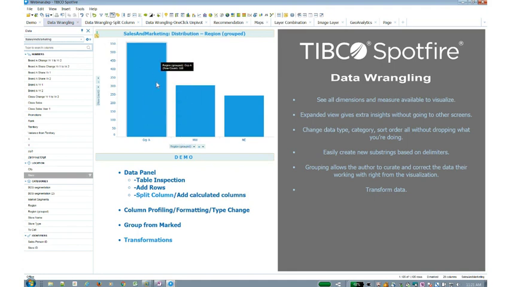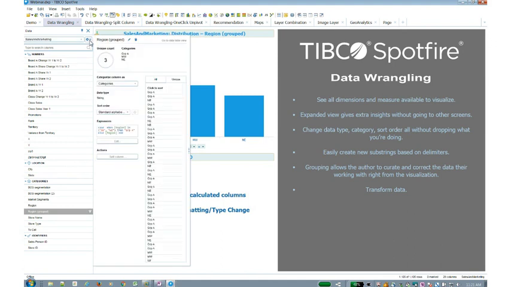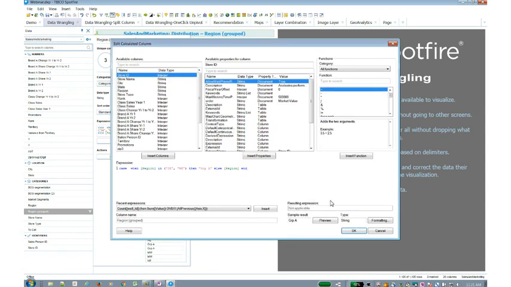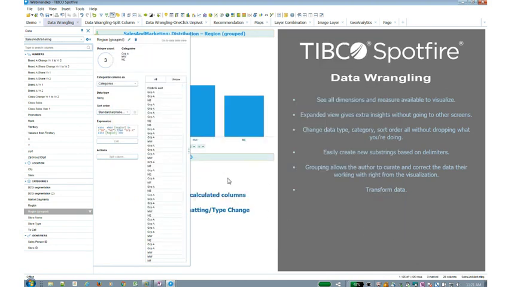And what happens is in the background, this column that you see here, this region group, is now an actual formula that you can evaluate and modify as you see fit. So if we go interrogate that column, you can actually see the expression that was automatically generated by Spotfire without you needing to know anything about calculated columns or expressions. It's all done for you and taken care of for you. So if you replace the data, those will get created for you automatically.